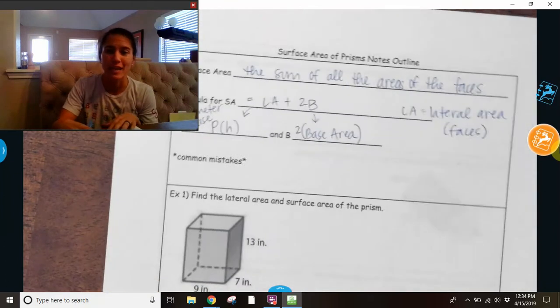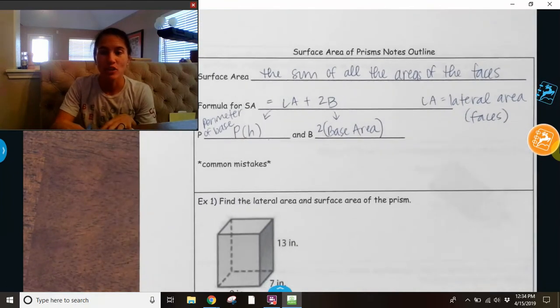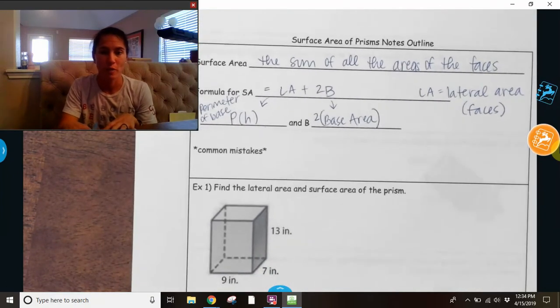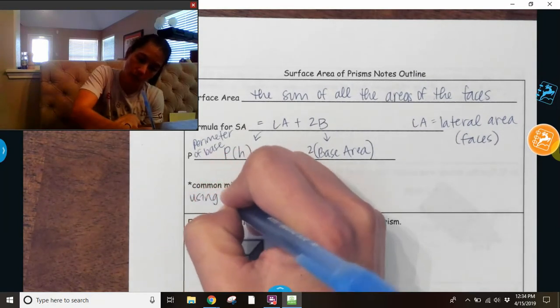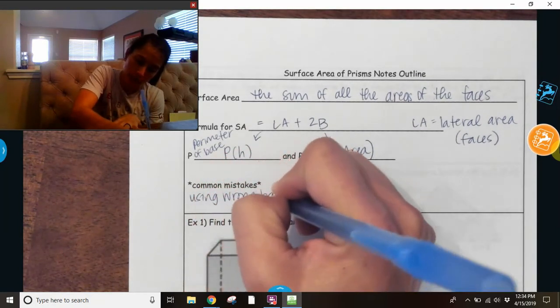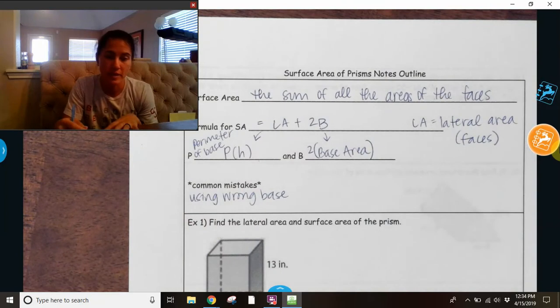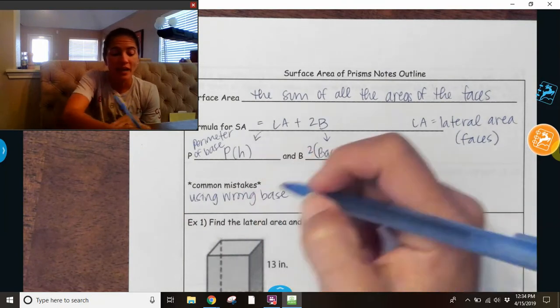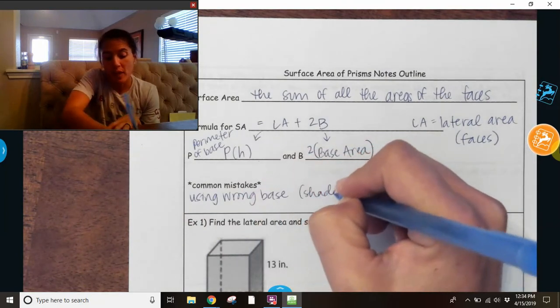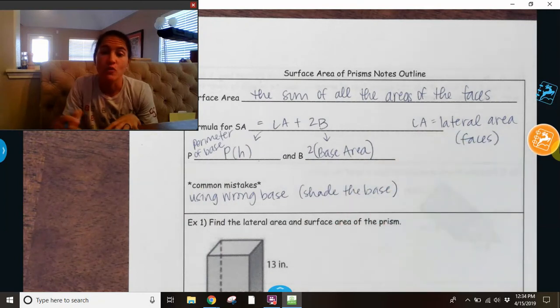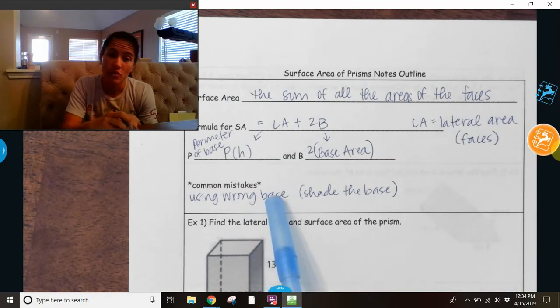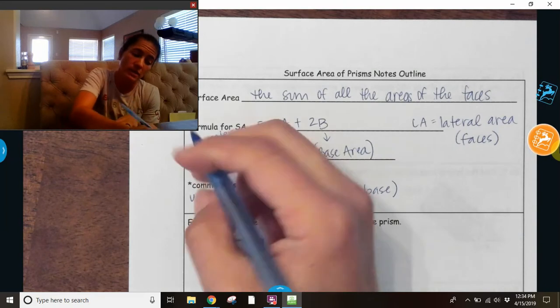All right, so some common mistakes. These are just some things that I want you to watch out for. I'm trying to make sure my paper's straight. Some common mistakes is using the wrong base. That's a common mistake. Always pick the base. And so one strategy is to shade the base. If you shade the base, then it'll always kind of give you a focal point where you're starting. So one common mistake is using the wrong base. Another common mistake is